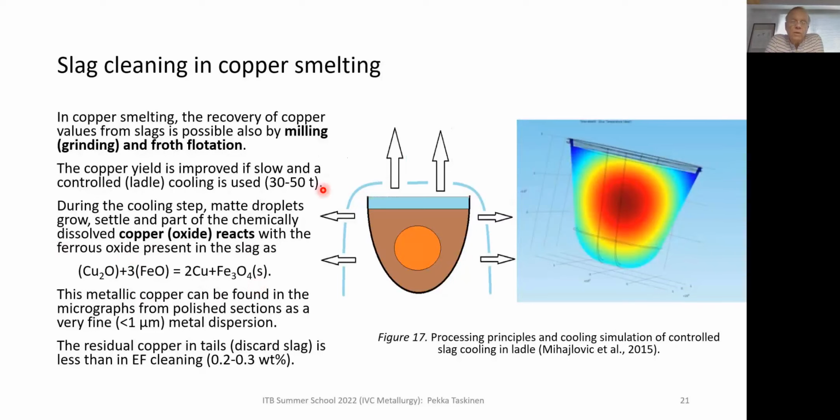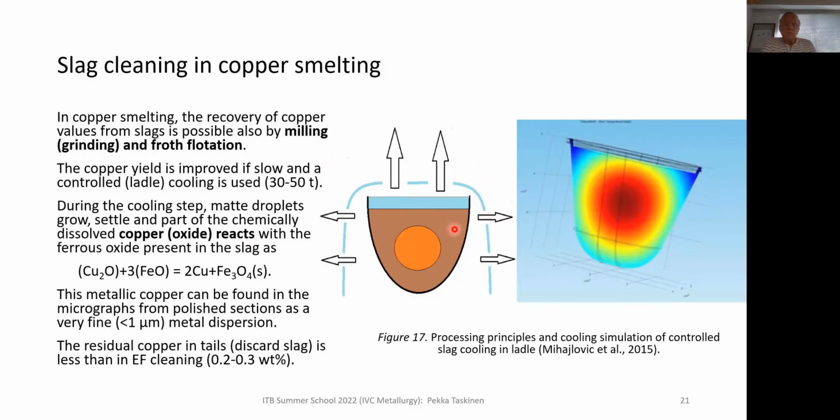When milling and grinding and froth flotation is carried out in the copper industry, it is in many cases as a routine nowadays carried out in such a way that the slag is first cooled down in big ladles, 30 to 50 tons of molten slag. And during this cooling step, which takes 2 or 3 days,